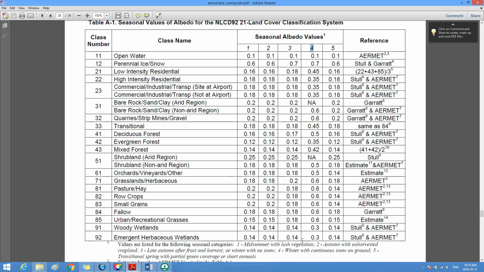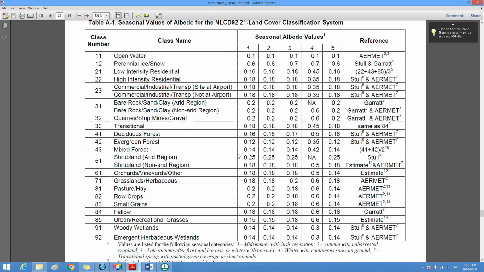Number 4 represents the values of albedo in winter, and number 5 represents the values of albedo in transitional spring,